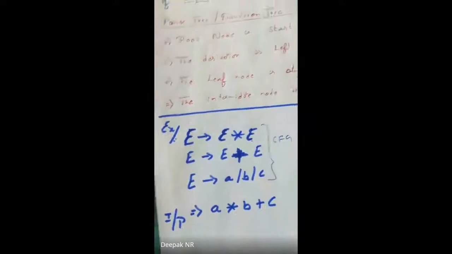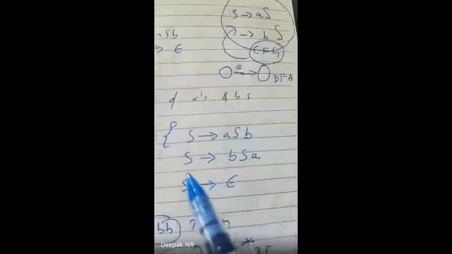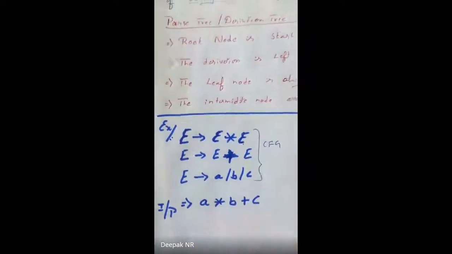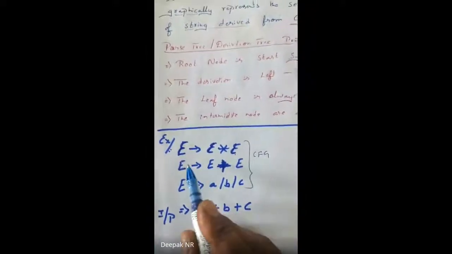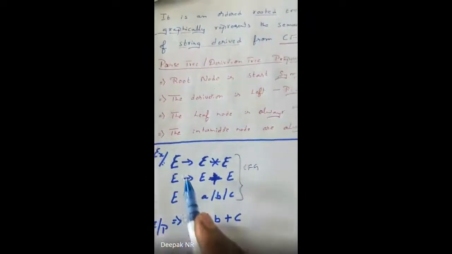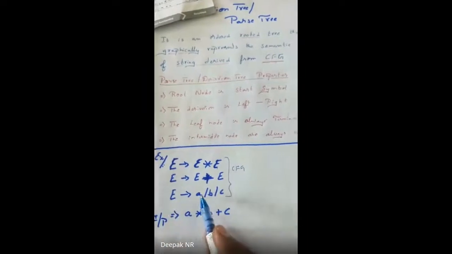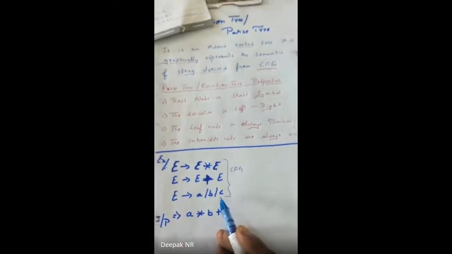Sir, so far whatever CFG I have written was not in this manner; it was S tends to A S B, S tends to something. Now, this says S tends to something and that says E tends to something. Both are the same. If you observe, these are my non-terminals, in other words called states. These are my symbols. Is that clear?